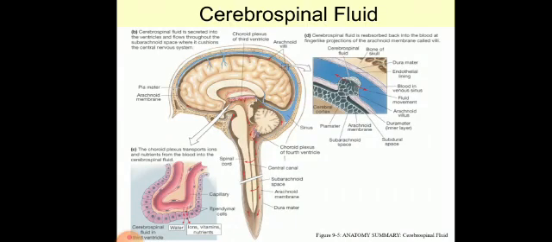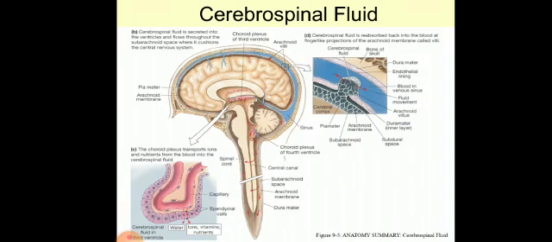Today I'm doing cerebrospinal fluid and the blood-brain barrier. These two topics are very often asked as 5 markers for you all in the university exam. So today we'll do first CSF and then I'll move on to the blood-brain barrier. So here you have the slide, the cerebrospinal fluid.